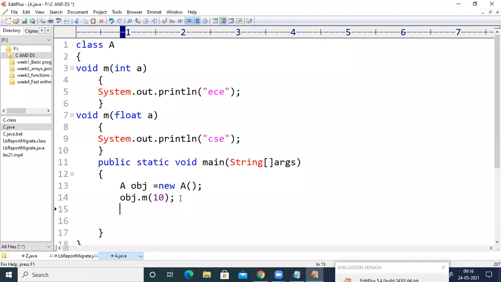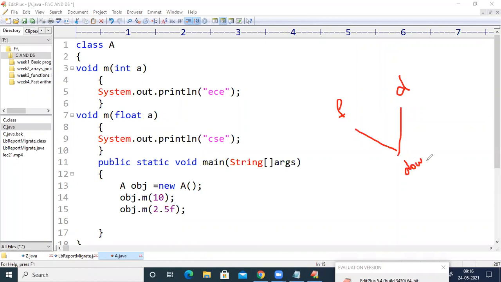If I want to execute the second method, I need to pass one floating point value, for example 2.5. So here in Java, floating point values are considered as double data type.